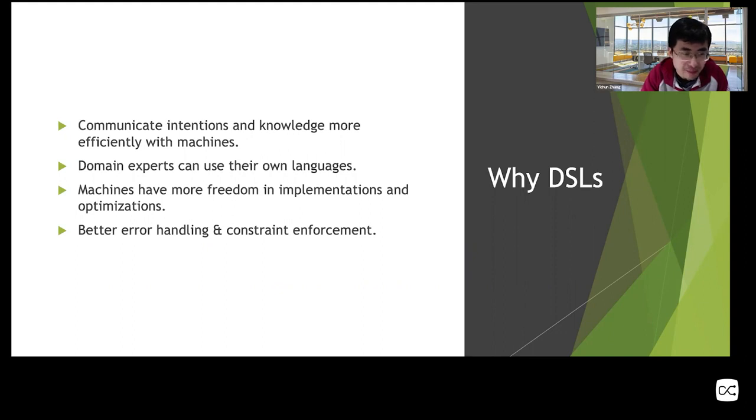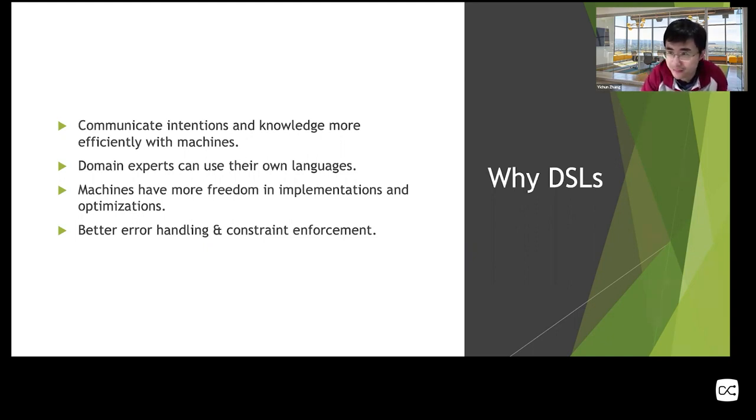And machines can also have more freedom in implementations and optimizations. This one is important, which divides the families of domain-specific languages and general-purpose programming languages. Because general-purpose programming languages focus on general capabilities and flexibilities, they tend to be Turing complete. They tend to be able to do everything that is computable.